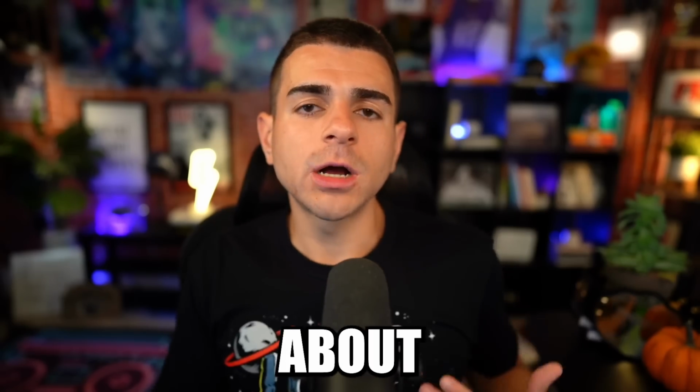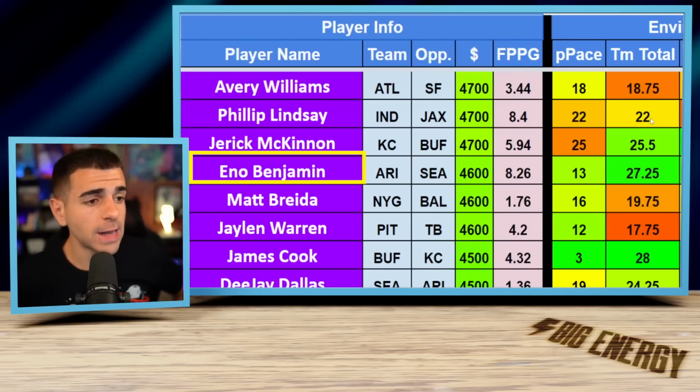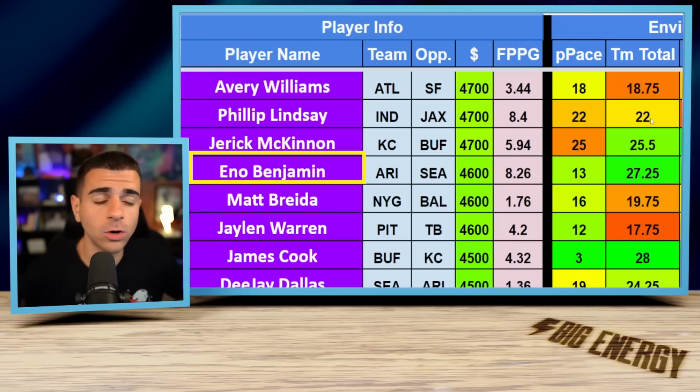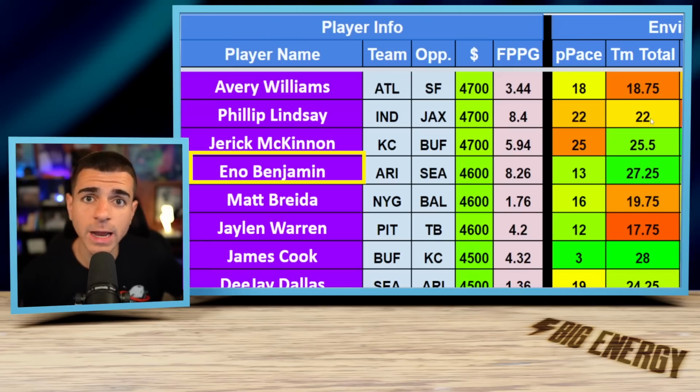All right, so it's about time we talk about a guy who's likely going to spike up in ownership. And this is going to be Eno Benjamin because James Conner is doubtful this week. Jonathan Ward, the RB4 on this team, is on IR. He's not playing. The backup running back, Darrell Williams, he's out. He's not playing. So it's going to basically be the Eno Benjamin backfield,